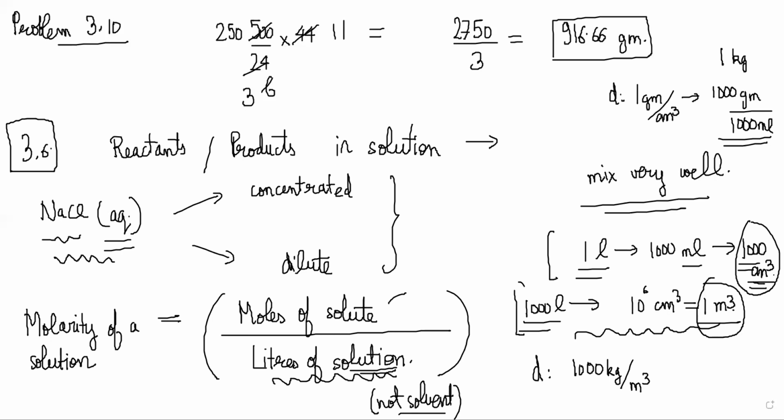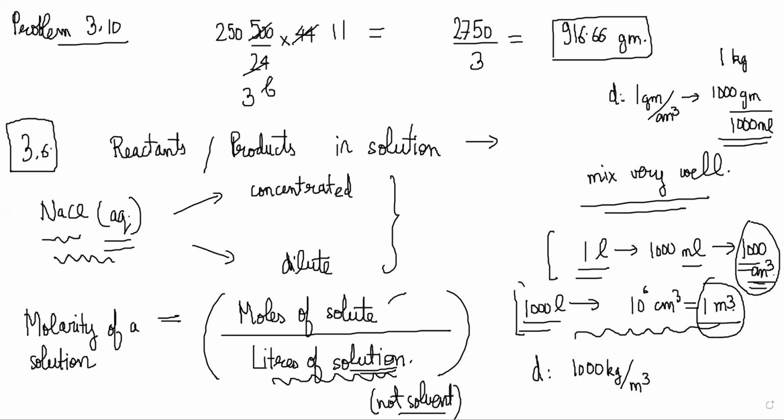Now, calculating molarity, some basic questions will be there in this section. If you see worked example 3.11, what is the molarity of a solution made by dissolving this many grams of H2SO4 and diluting it to a final volume of 50 mL, right? So basically you're dissolving sulfuric acid in water. So moles of solute will be 2.355 divided by sulfuric acid's 98 grams per mole, right? Correct. Yes, sir.